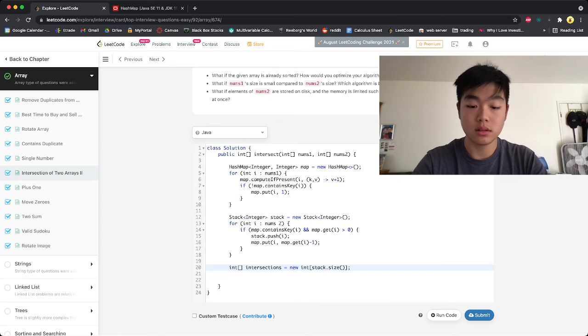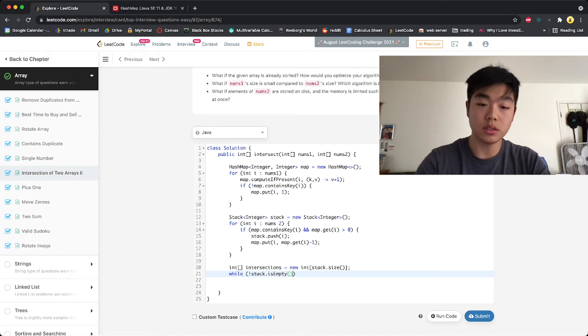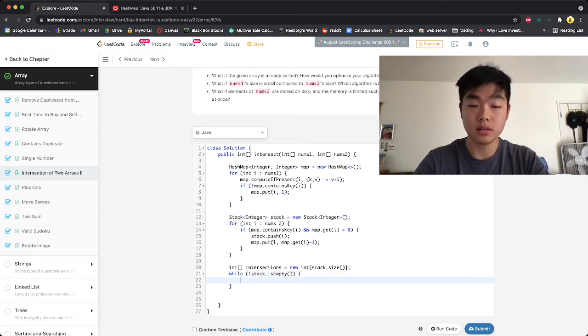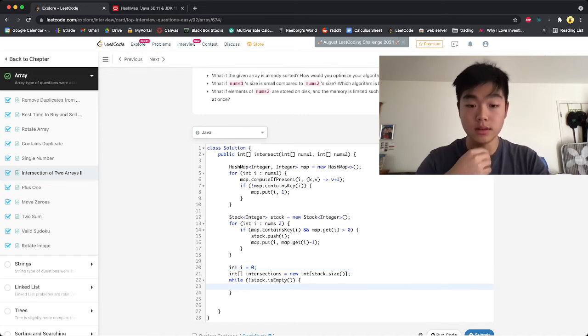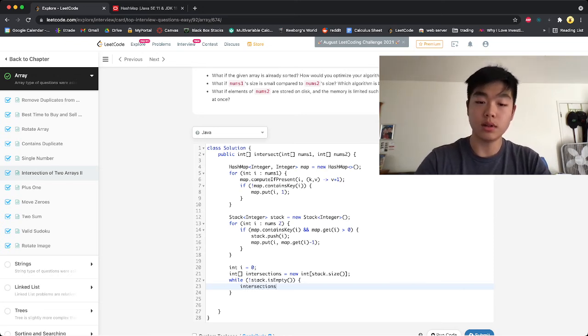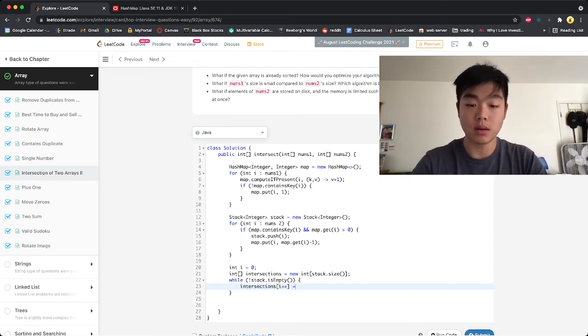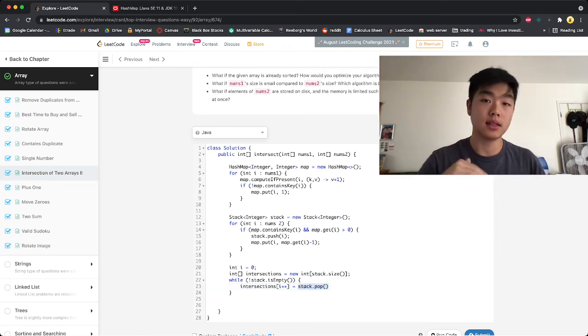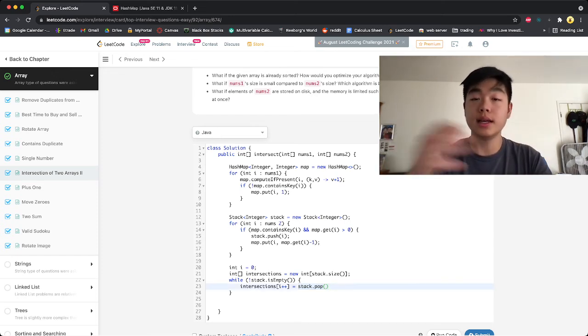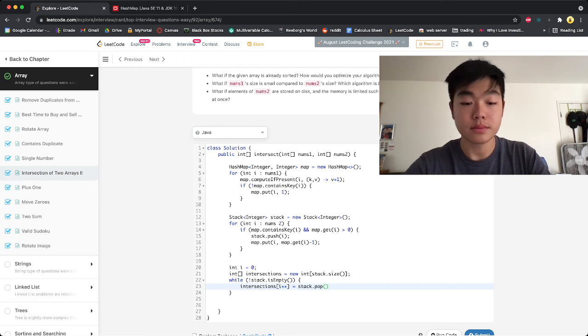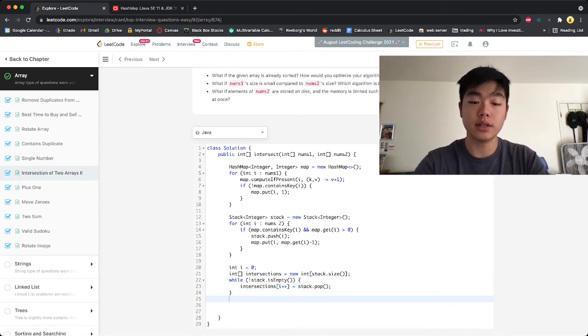And then while the stack is not empty, that means we just add it to our intersections array. But we actually need an index value i. I don't know why my voice died there. intersections[i++] equals stack.pop. What this does is it removes the top element from the stack, as well as returning that value. So this way we can remove and get the value of each element in the stack. Lastly, we return the intersections array,